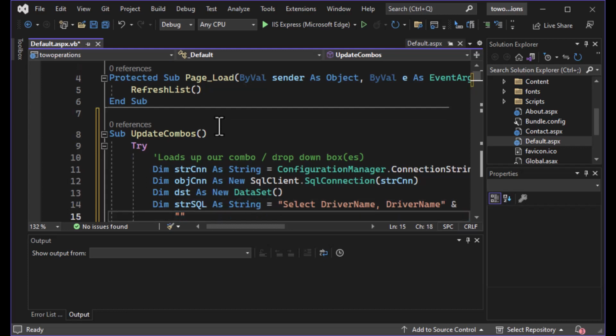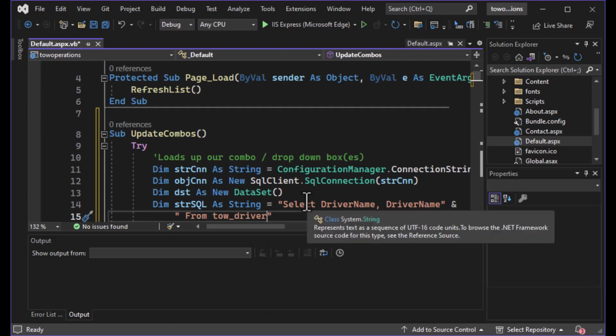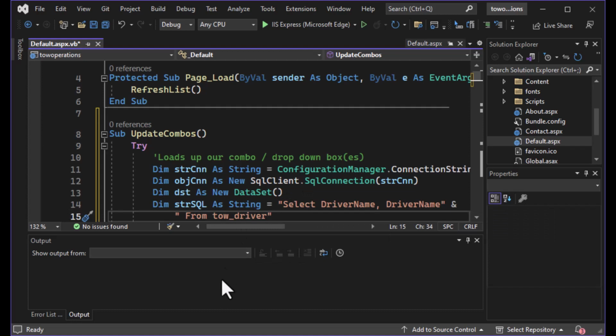And so there we go. We can select our driver name. We're going to get 2 fields for this query, and then we're going to go from tow driver, which is the name of the table we created, and then we can order by the driver name field. Now we've got 2 fields in there, and that's because the drop-down list or the combo box actually has